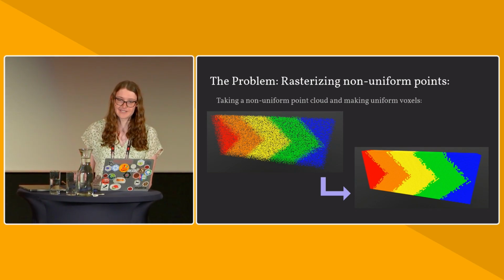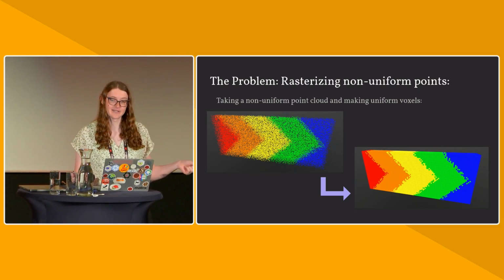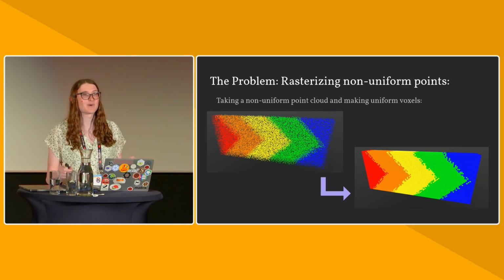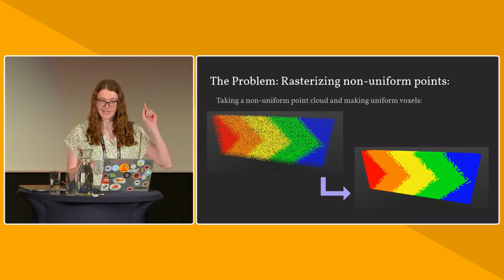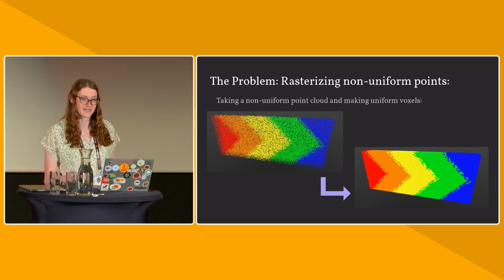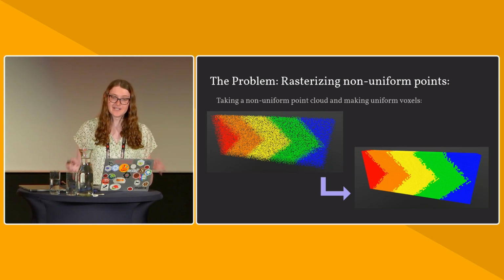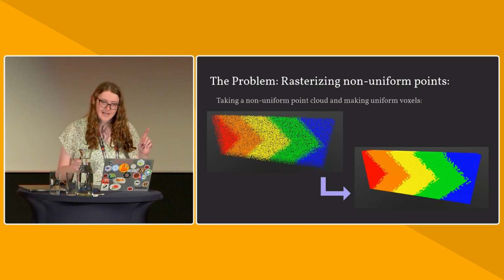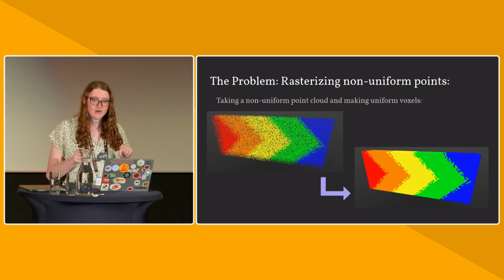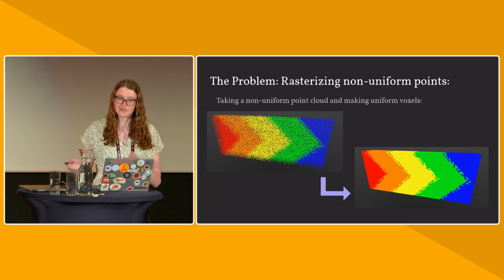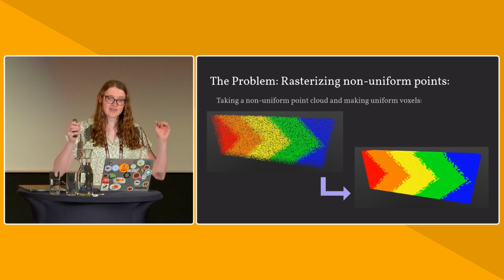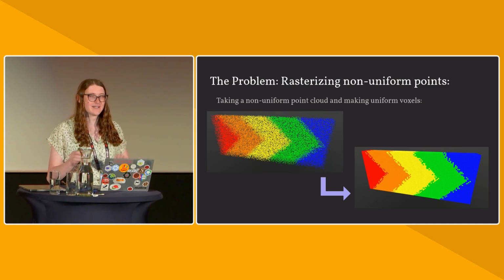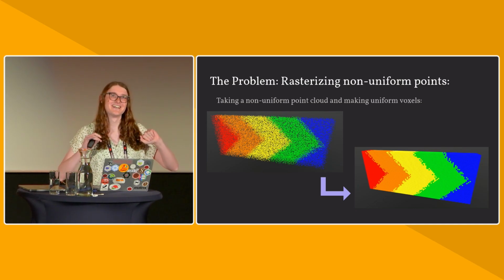I originally gave this talk internally at my day job at Foresight Spatial Labs, because this came up in a real-world problem that we had to solve: rasterizing non-uniform points. We had a geospatial point cloud, which you can see in the top left there. This point cloud was tagged with a bunch of different attributes, which I've shown in different colors. The point cloud came from a set of real-world engineering data, but due to an NDA, I can't say